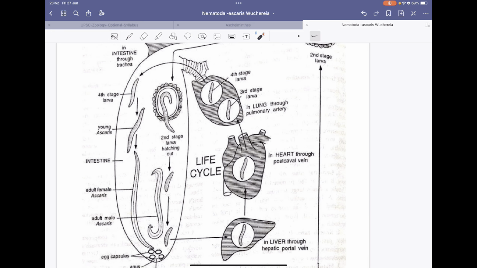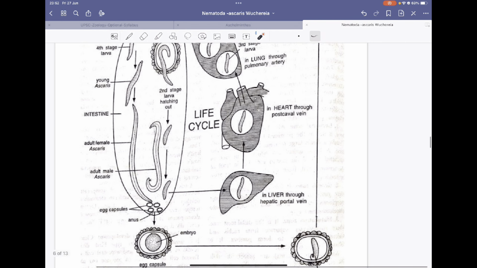You will observe that it will slowly develop into an adult, and some of them will move into